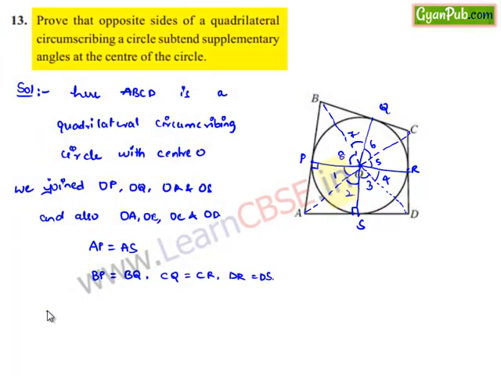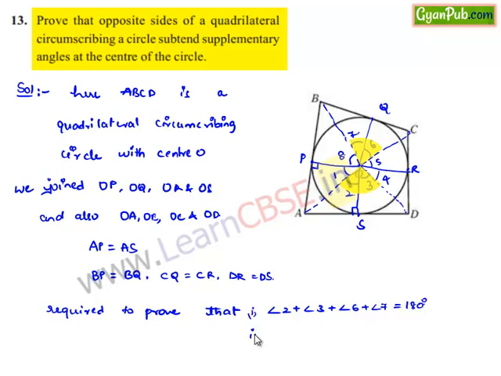Now we are required to prove that angles subtended by the opposite sides are supplementary. That is, here the angle subtended by AD will be the sum of angles 2 and 3, and the angle subtended by BC will be angle 6 and angle 7. We need to prove that angle 2 plus angle 3 plus angle 6 plus angle 7 is equal to 180 degrees. And also we need to prove that the angles subtended by the other opposite sides, that is AB and CD,